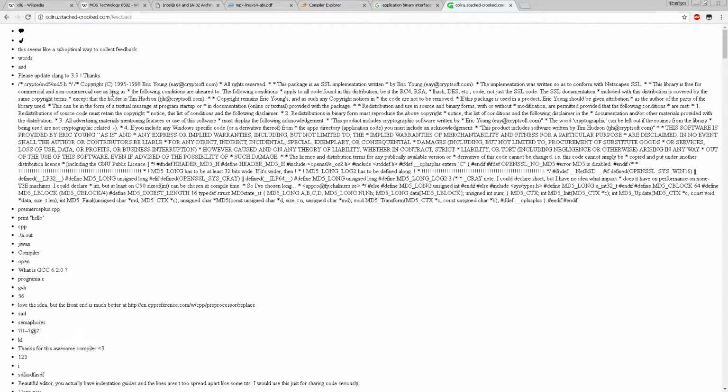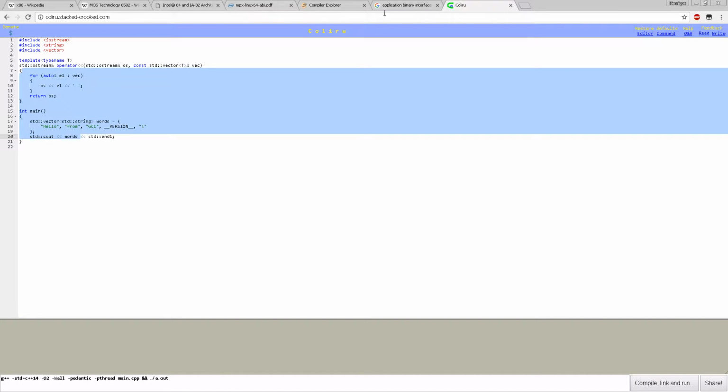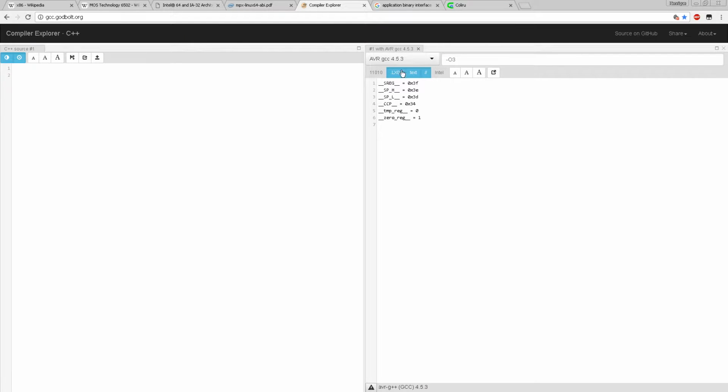Yeah, Stack Croot. I don't know why it's doing this, but it's very good. You can actually run this one. You can't run on Godbolt. It just allows you to explore the assembly and how it's created. Let's create a few examples, and I'll show you why the 64-bit ABI